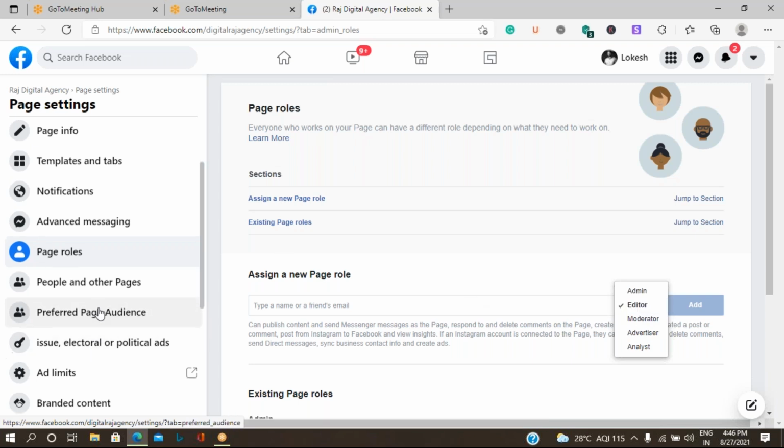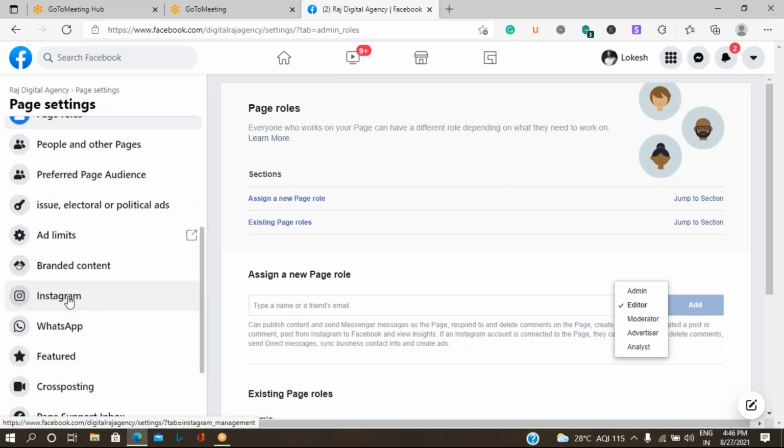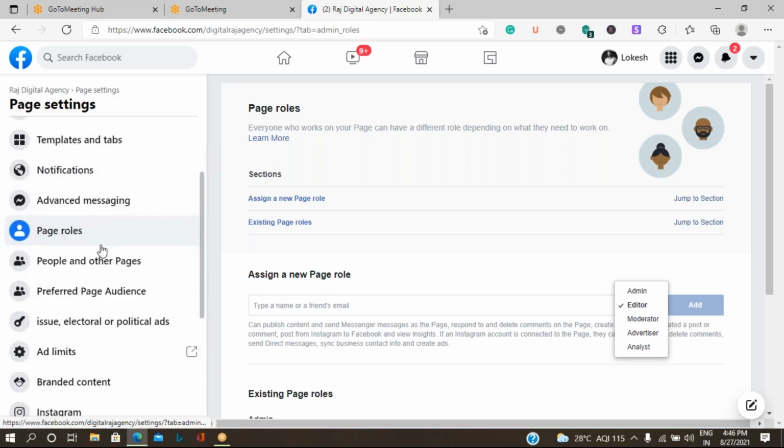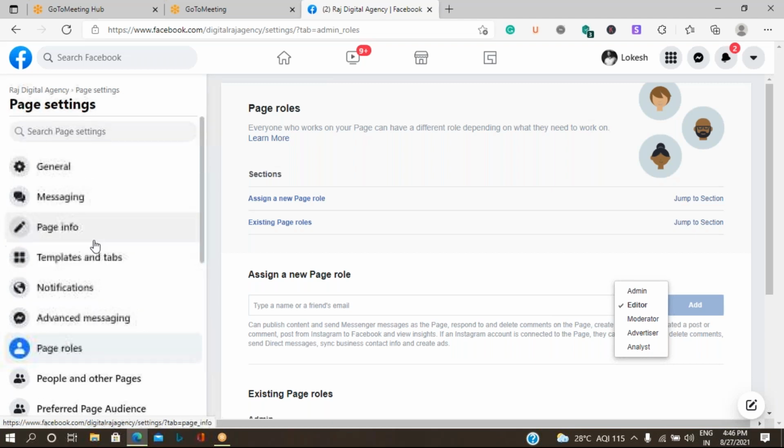Then we have also seen how you can connect it with your Instagram account. Okay. So these are the very important options when you are working on the business side. There are certain other options, which you can see in detail when you are doing some activities on your page.